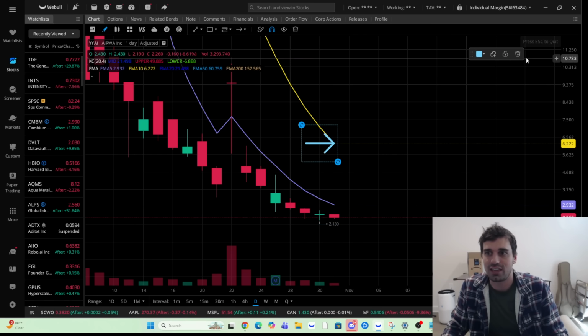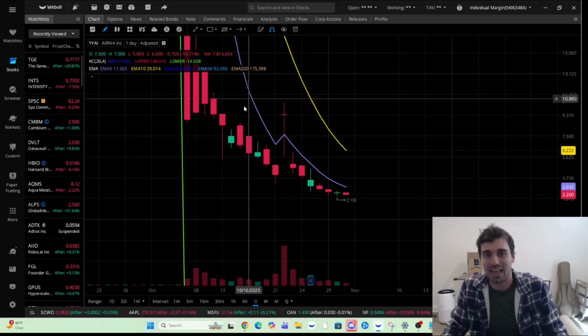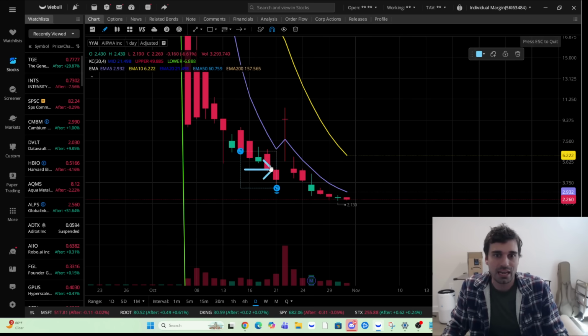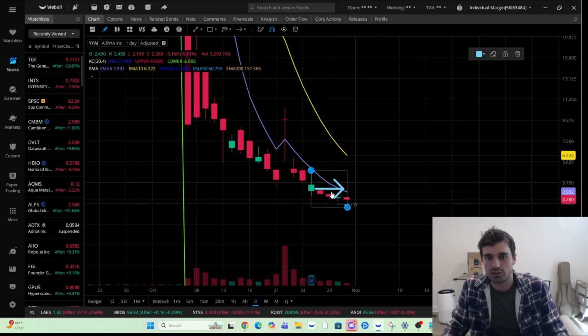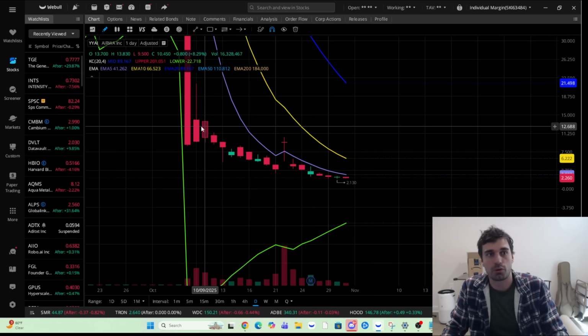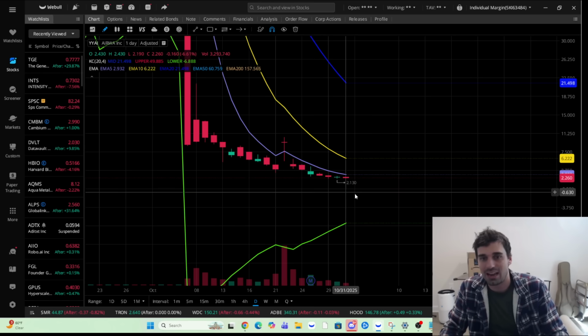If it doesn't touch that in a very long time, what happens is the algos push it up. The last time I played YYAI was down in here, and I made over 200% return. Now we're coming back into this oversold territory. We're kind of consolidating, and we're waiting for that big move up. We'll see. So this is my most oversold or best company right now to trade on a downtrend for a